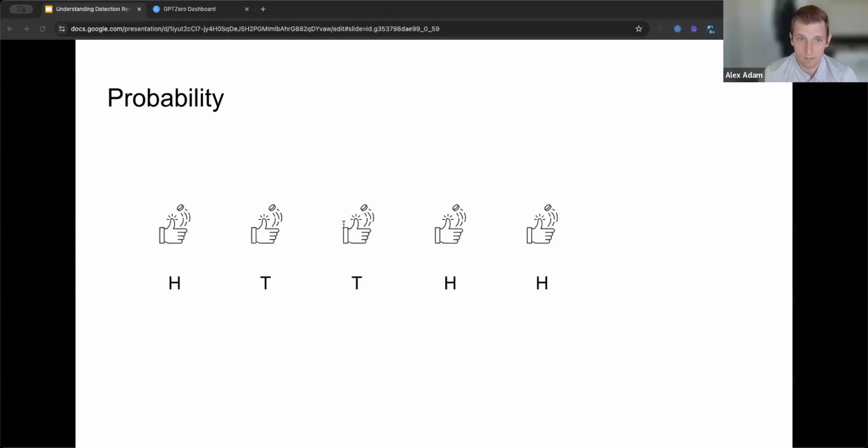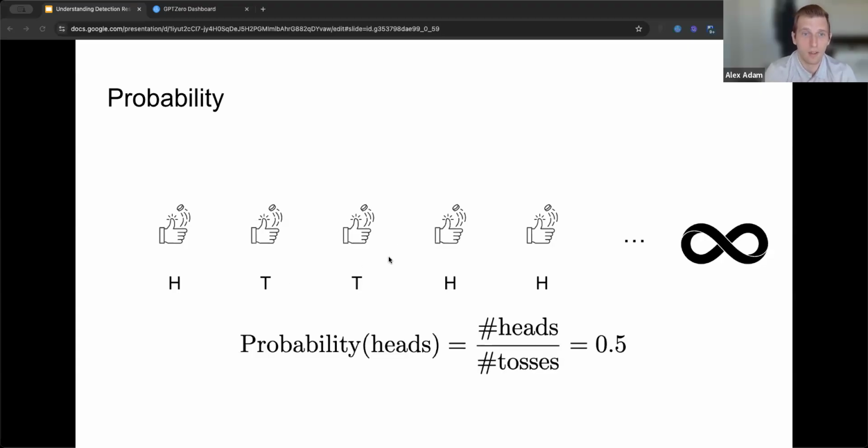The caveat here, though, is that for any sequence of tosses, it might not have this perfect 50-50 proportion. But if there are infinitely many tosses, then a fair coin will exhibit this behavior. So obviously, in the real world, there's no such thing as infinitely many tosses, but you can use a large number of tosses as an approximation.